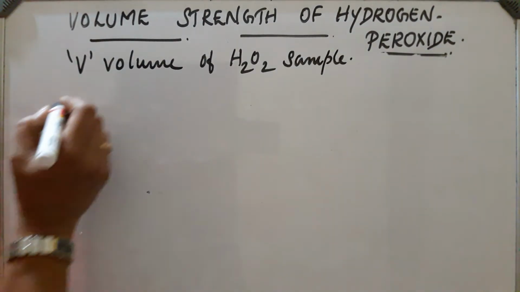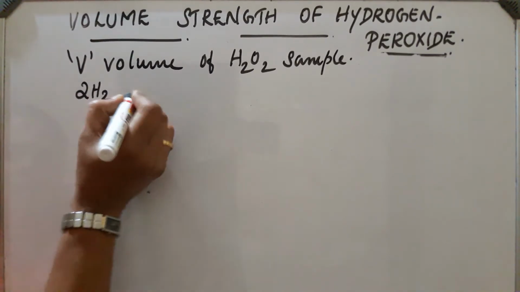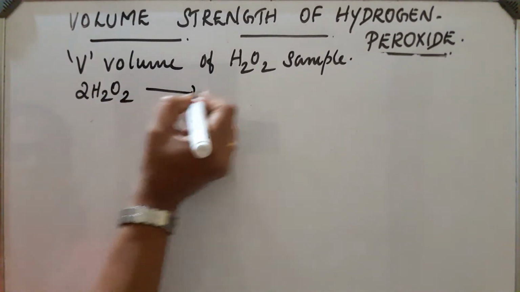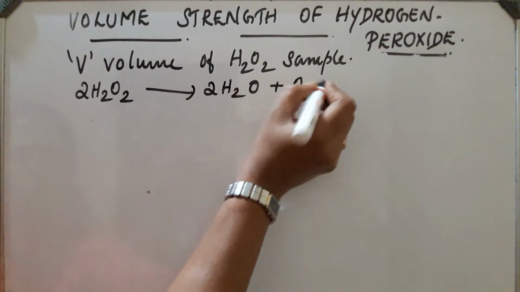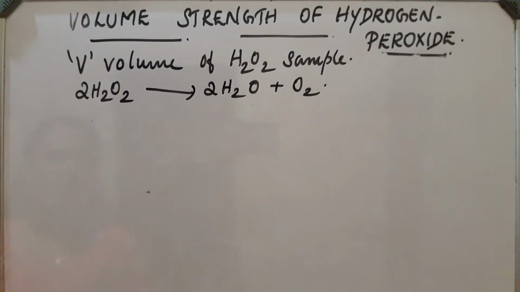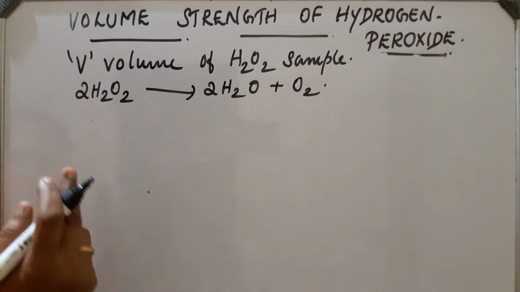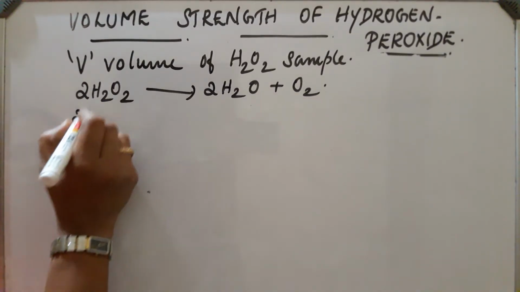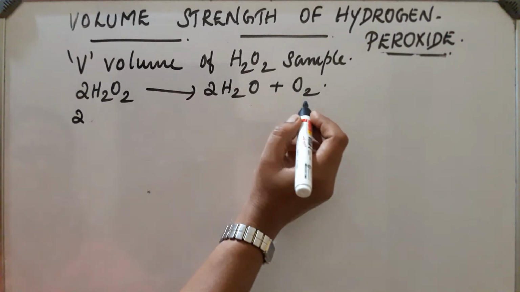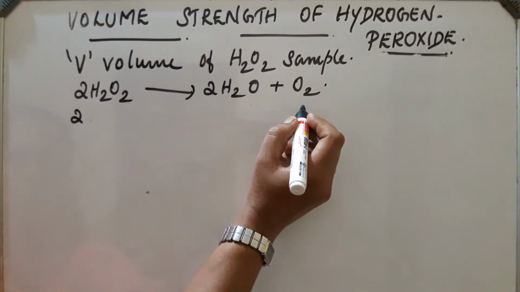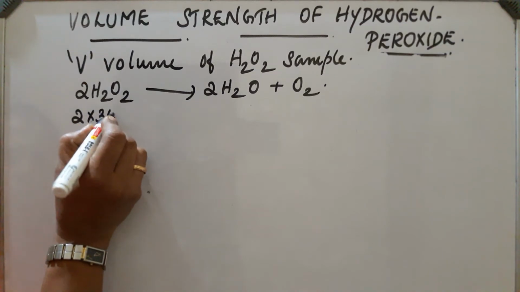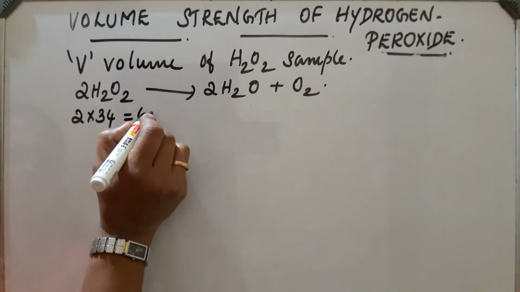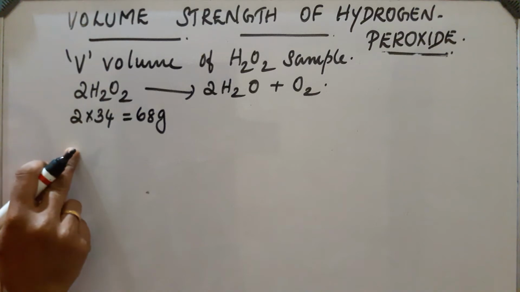We know H2O2 dissociates like this: 2H2O2 gives 2H2O plus O2. At STP, this reaction takes place. Then 2 moles of H2O2 give 1 mole of oxygen. The molar mass of H2O2 is 34, so 2 into 34, that is 68 gram of H2O2